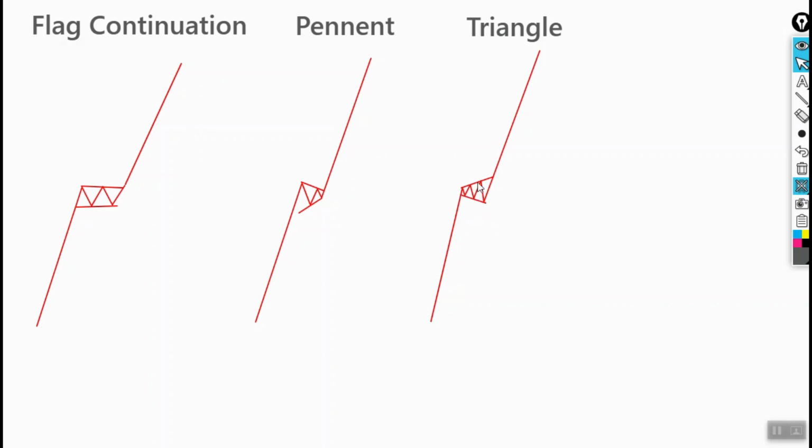There are two variants of the triangle continuation. The first is the expanding one, where we have an impulse, then a correction that starts off small and then starts expanding itself before impulsing again to the high. Or we have another one that goes something like so. Let me change the color real quick. We have another one where it moves impulsively, and then the correction goes along these lines, where now, unlike the